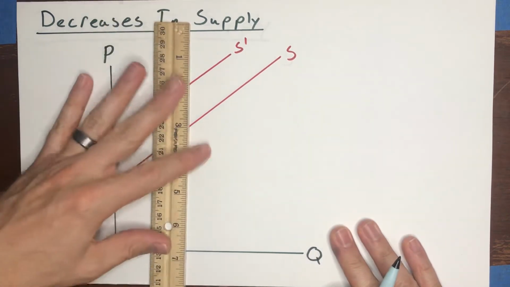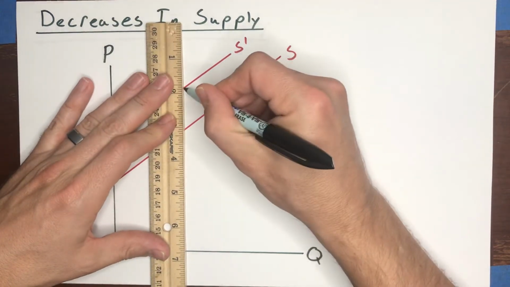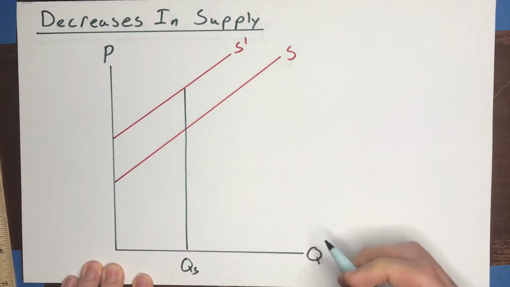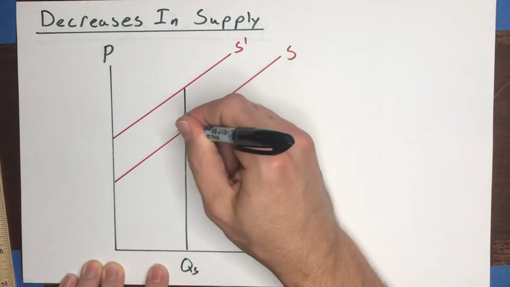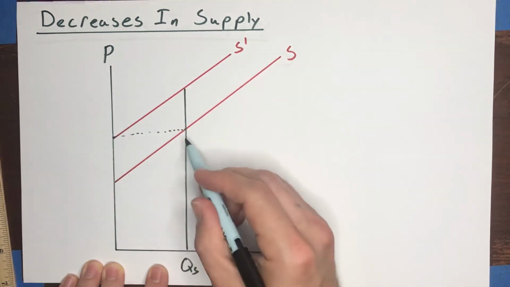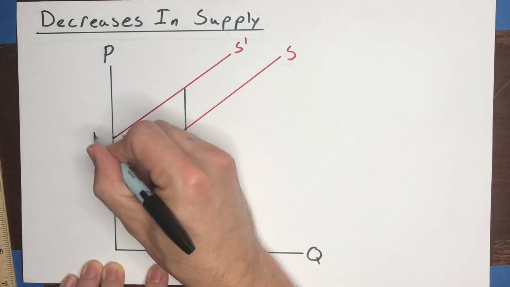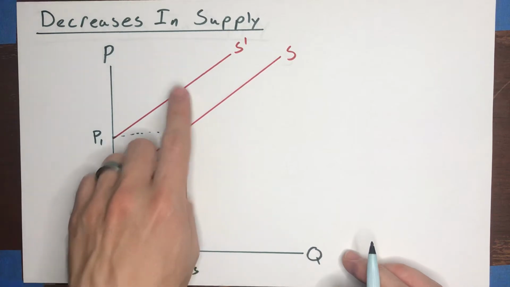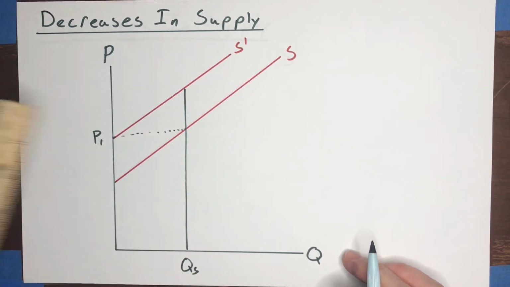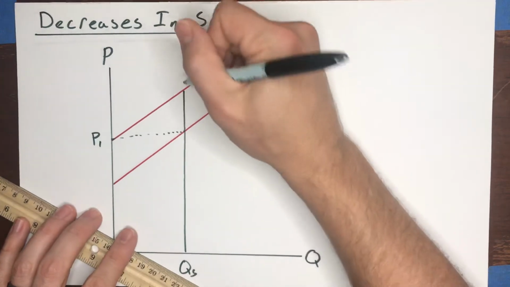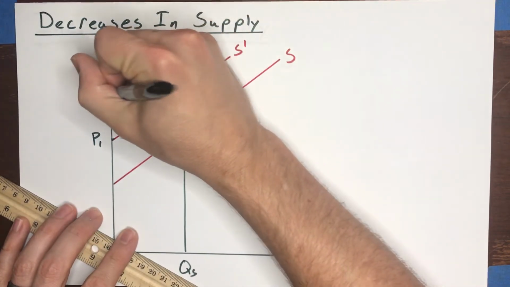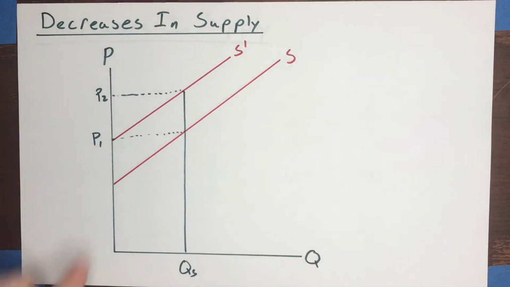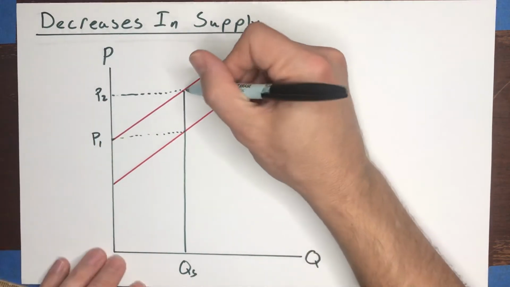Take a given quantity of units, call that quantity QS, and notice that on the original supply curve, you could have gotten that many units from the sellers at a price, call it P1. Whereas on this new decreased supply curve, you would have to pay a higher price, P2. And by the same token, if you hold the price fixed,